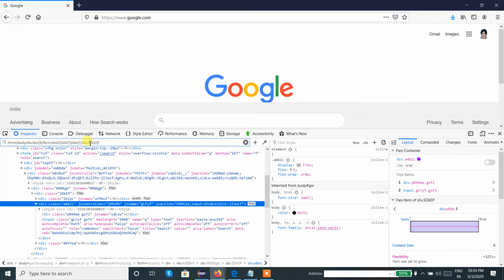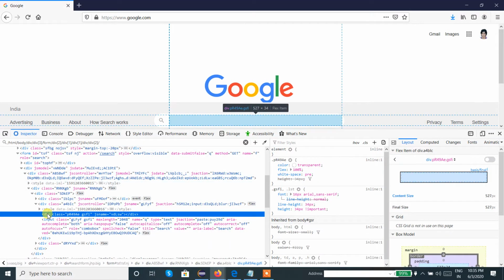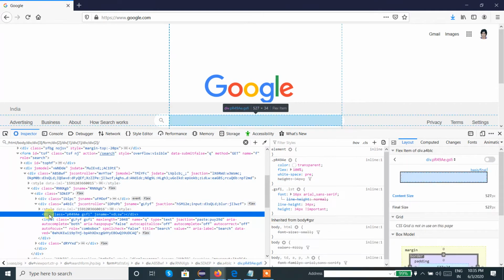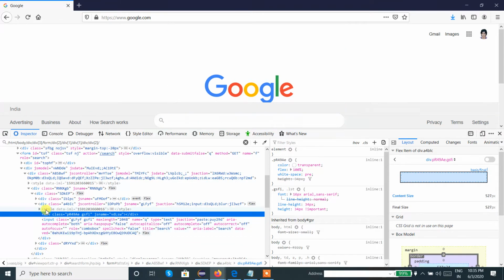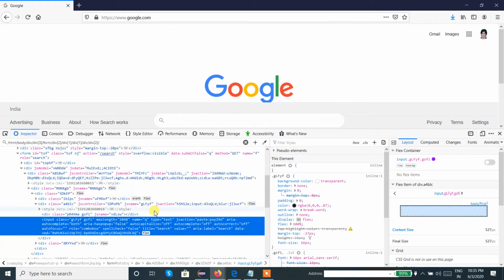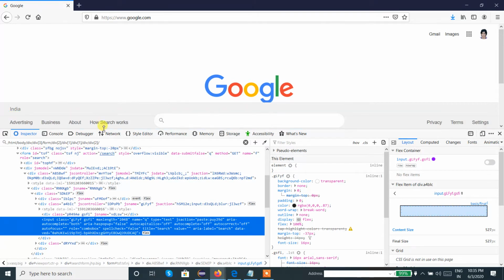Now to identify the web element, probably here we will get it inside this div. See this div 2. Now inside this div we have one more div to locate the element. So here, how can I locate the element again? Here input is the tag and attributes are class, maxlength, name, which we already discussed. Now let me say only input. Let's check whether it is working or not.